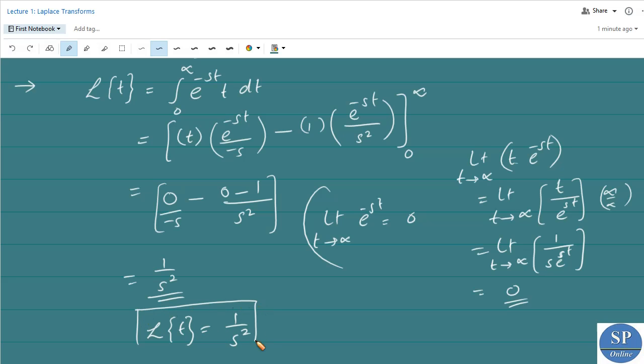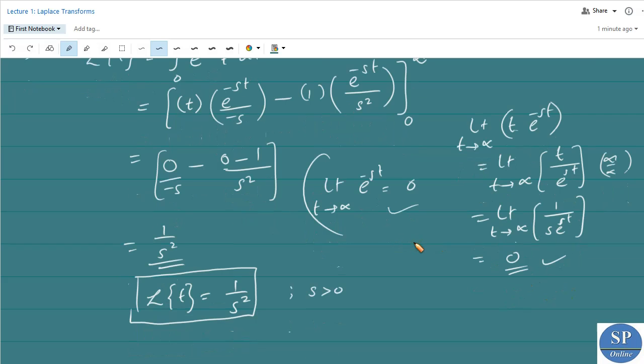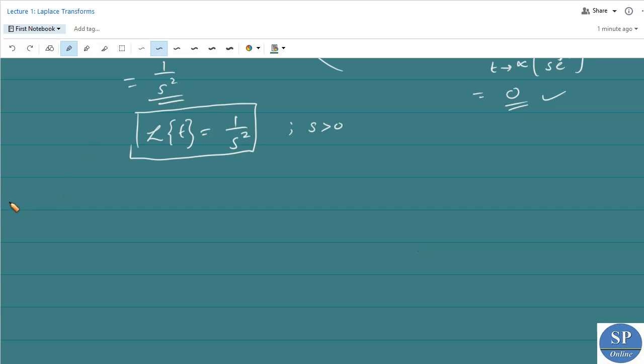Okay, so Laplace transform of 1 is 1 by s. Laplace transform of t is 1 by s square. Here also we suppose that s is greater than 0, to obtain these two limits. Okay, next question, evaluate